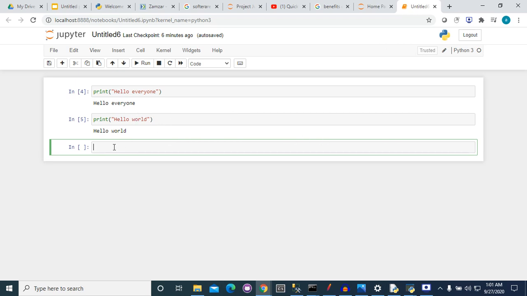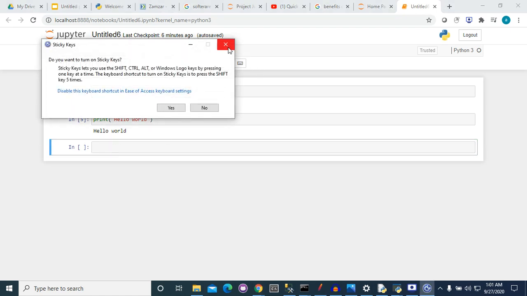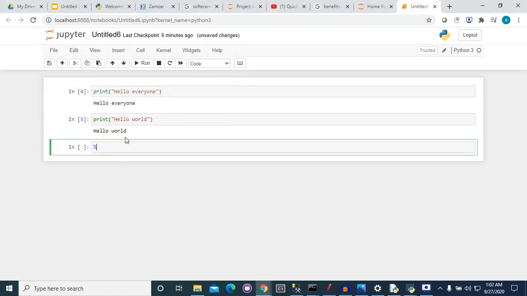Now one more thing about Jupyter Notebook is that you can execute command line codes also here. To execute command line codes, we just need to use percent, and after percent, you need to enter your command line code.